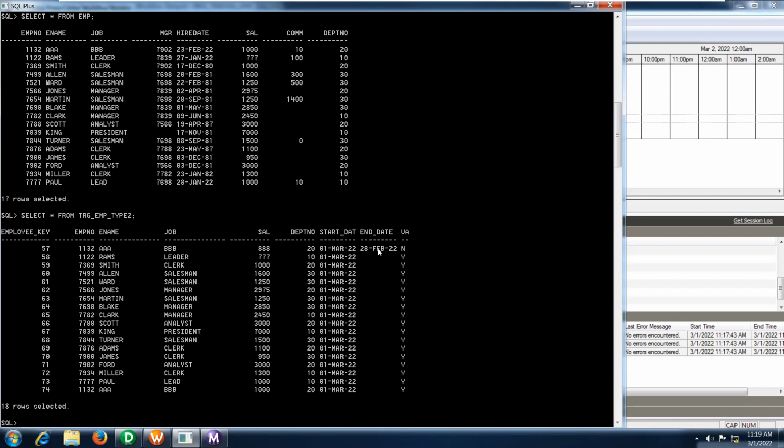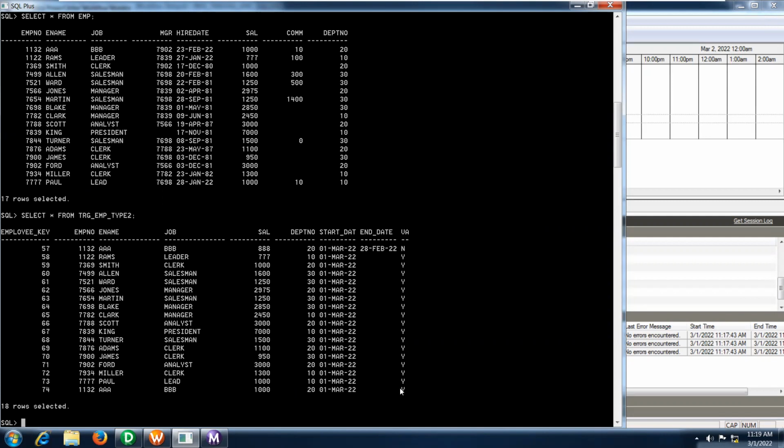So what is the active record for this 1132? This is the active record. See, there is no end date, and the flag is Y. So next time, if I change the same record again, the Integration Service will take only the active records.